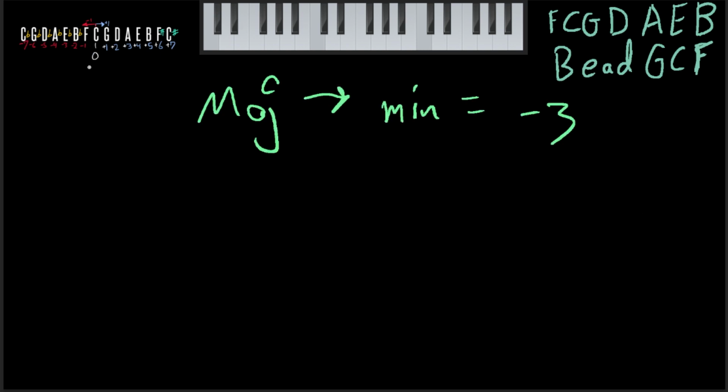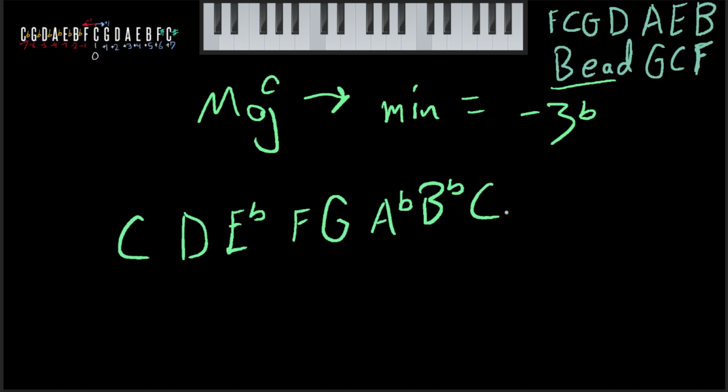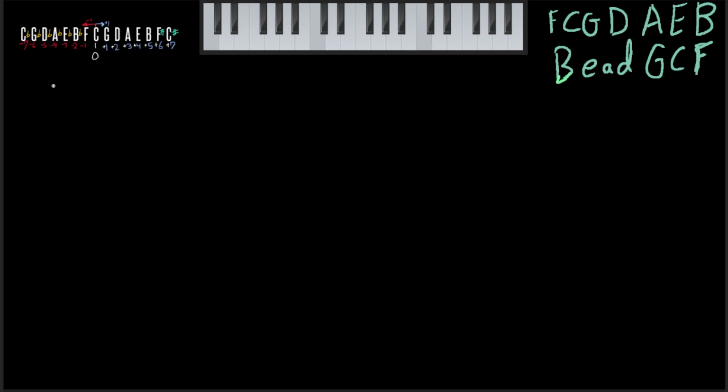So let's say, for example, C minor, the simple one. C major has 0, and we want C minor, that's the lowercase c. We do 0 minus 3 equals -3. So that means there's going to be 3 flats, and the 3 flats are going to be B, E, and A, right? So that is the minor scale right there. And if we were to take the time to play it: C, D, E flat, F, G, A flat, B flat, C.